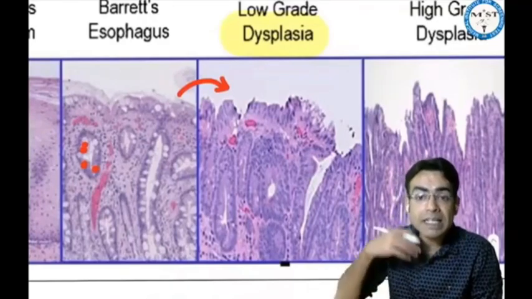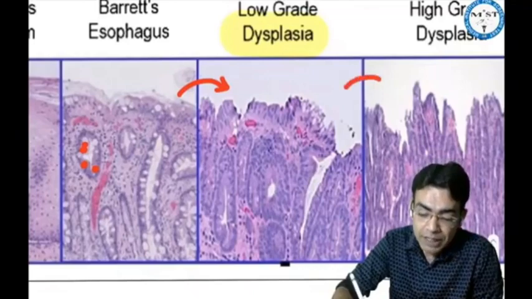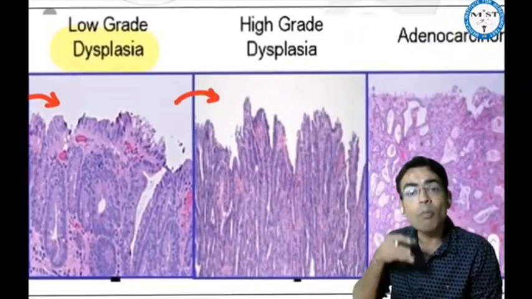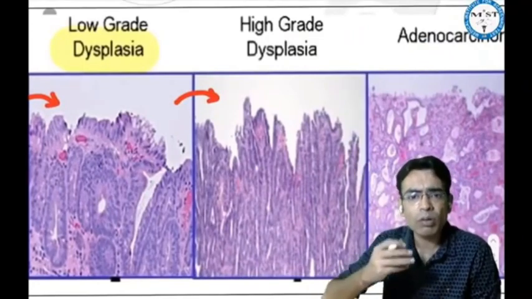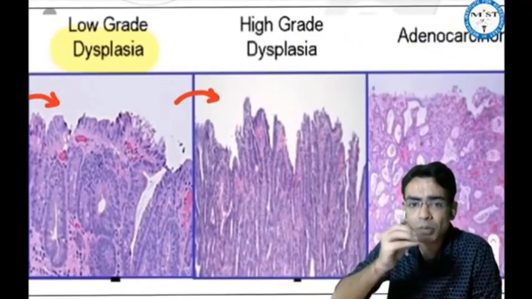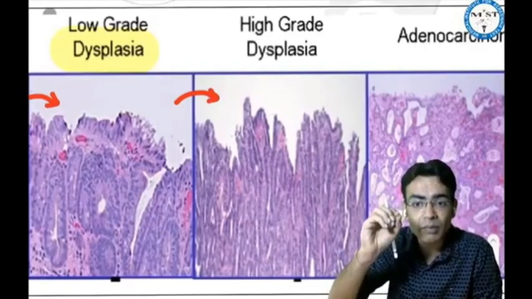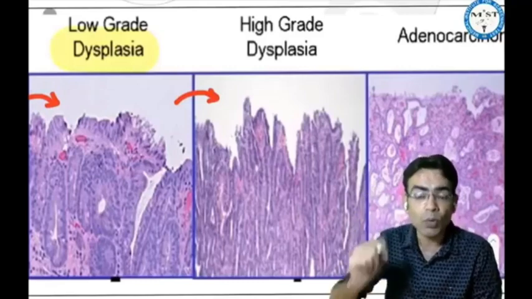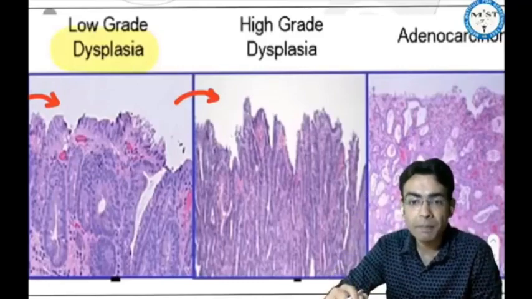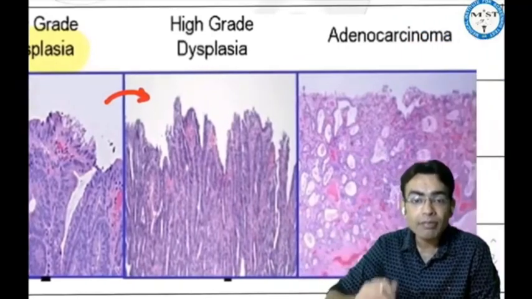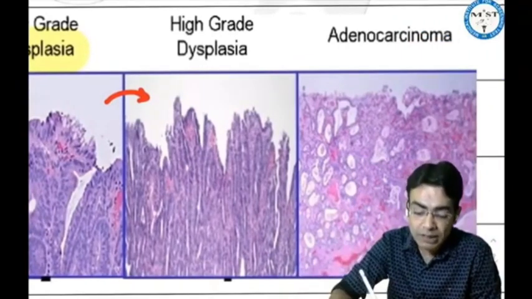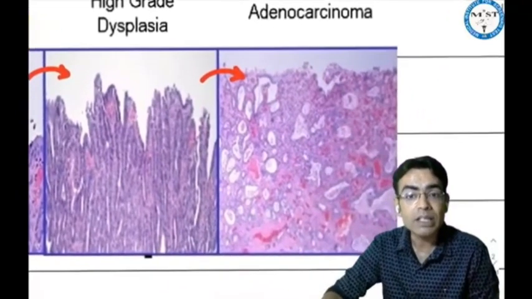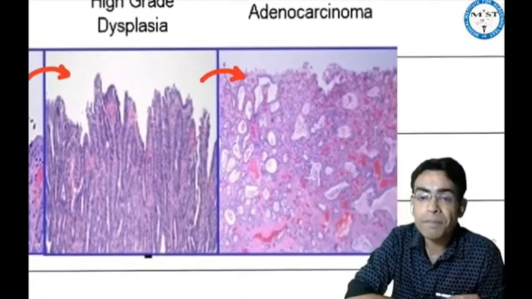If it does not stop here, then what happens? It gets into a high-grade dysplasia. Now you can see they look more dangerous. The NC ratio is more; you can see the cytoplasm of these cells is getting less. The pink color, which signifies the cytoplasm, is getting less, and the dark blue color is rising. So the nuclei are becoming big. And if things don't stop here either, this high-grade dysplasia can move on to become an adenocarcinoma. Now this is the picture of adenocarcinoma.